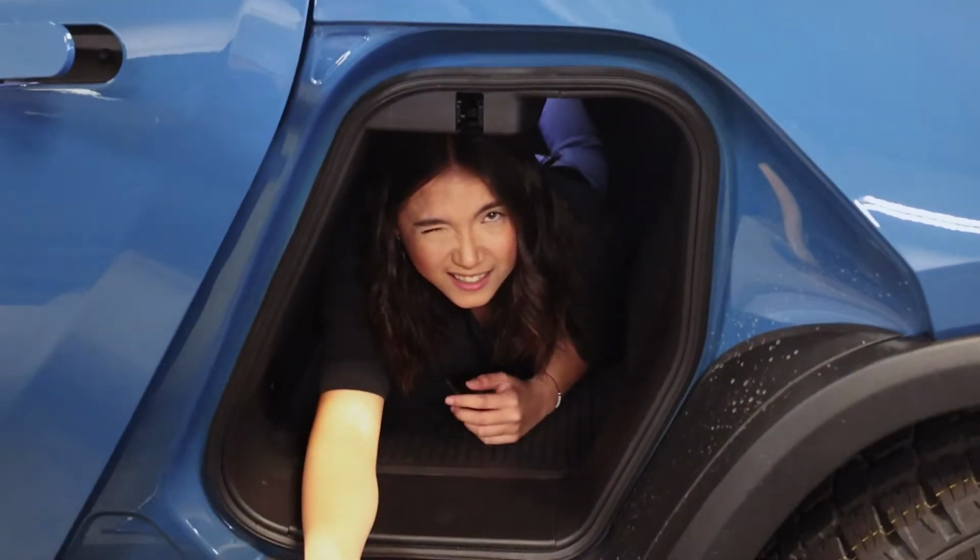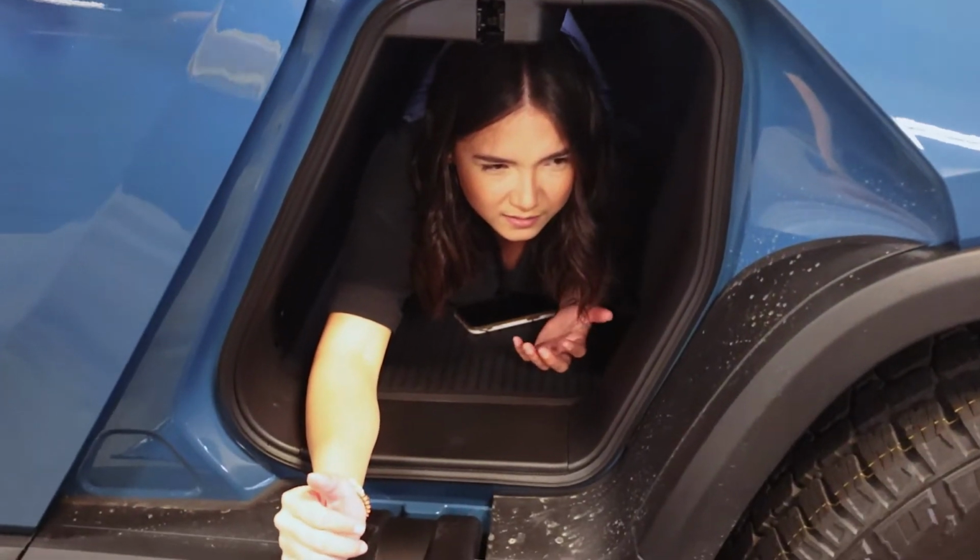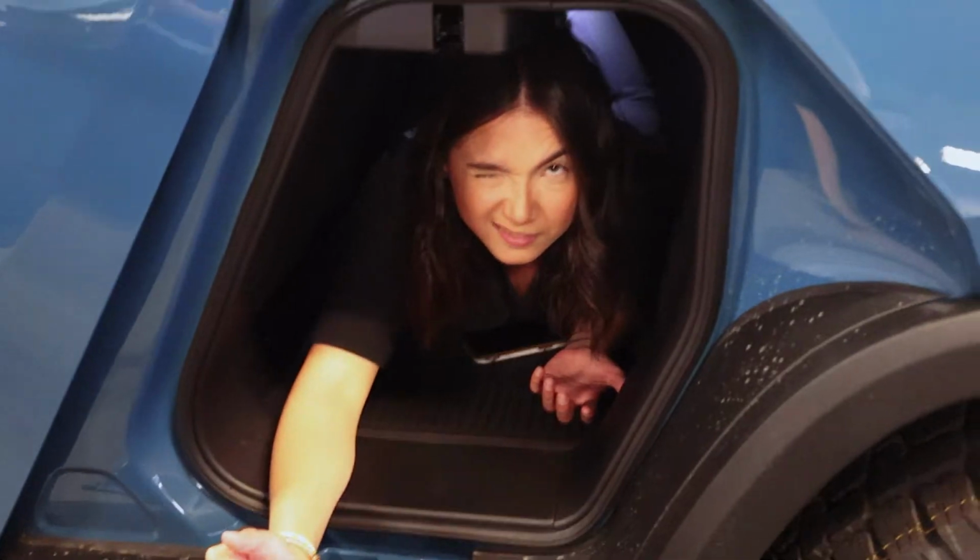Are you sleeping in the truck? It's comfortable. Okay, anyways,